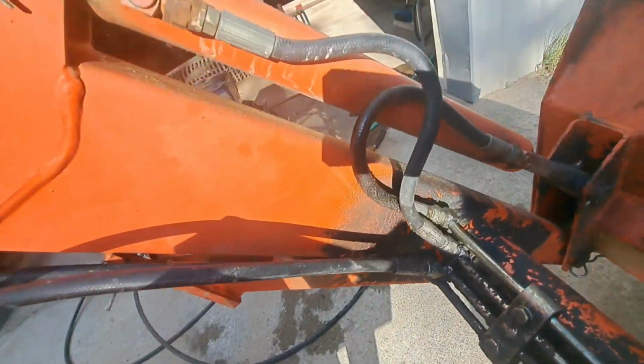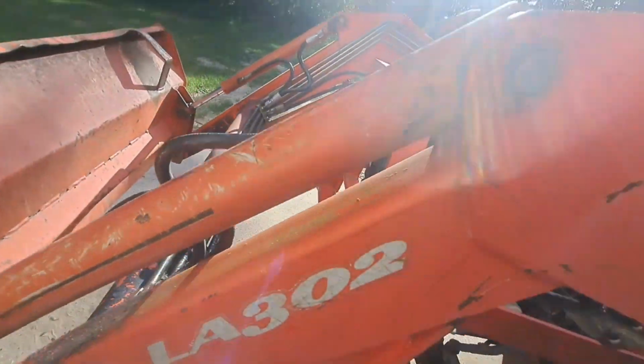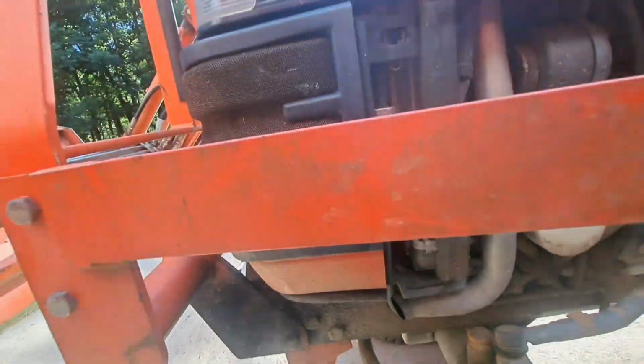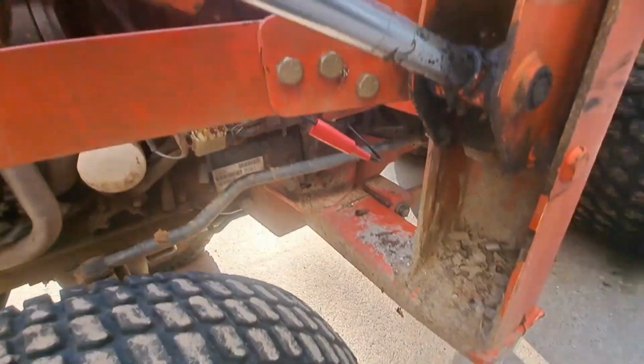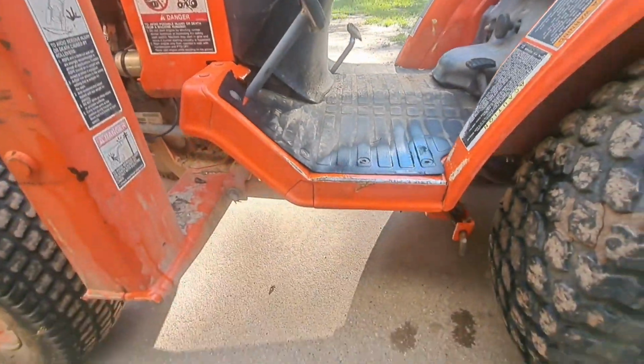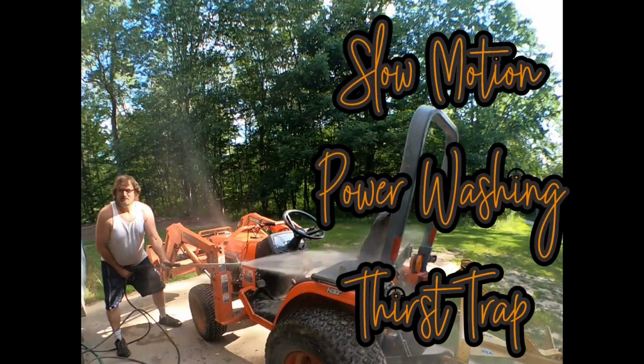Very dirty. Probably hadn't been washed in forever. I don't know. But yeah, you can see how dirty and grimy the tractor had been parked outside its whole life. Nothing wrong with that. You don't have a garage, don't have a garage, you know. But yeah, we're gonna get her cleaned up and see if we can't get this baby turned around and looking good again. Speaking of looking good,